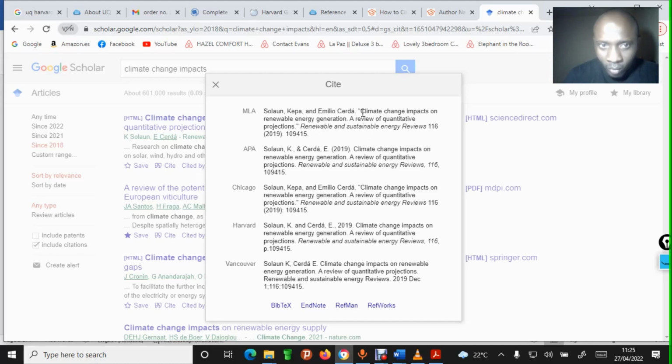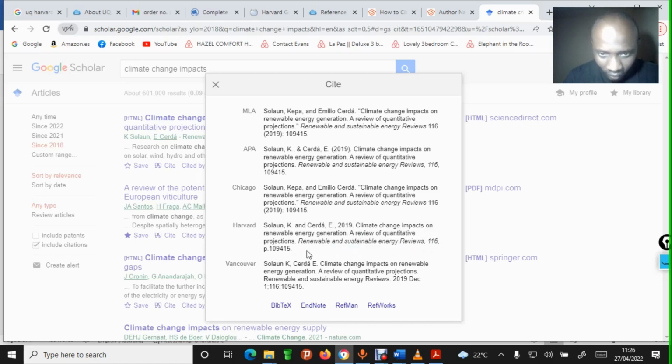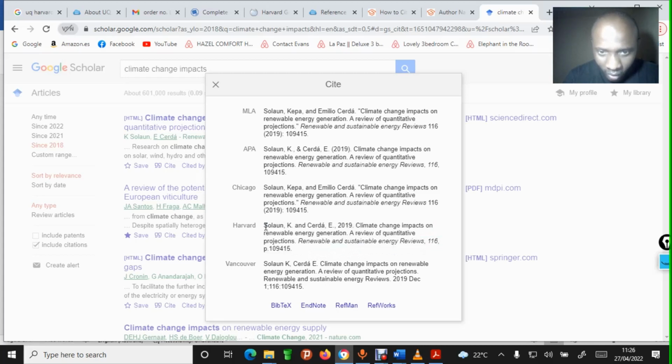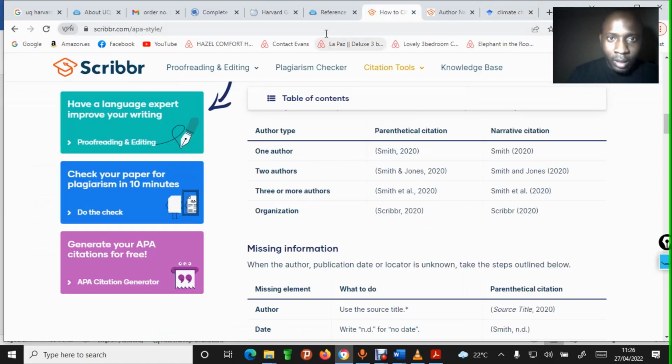What I will do, because I want it in Harvard, you can see the Harvard that is here isn't the Harvard that we are using. So this is a wrong Harvard. So you don't even have to go with this one the way it is. What I usually do, I usually come here to climate change impacts, I copy the title of this one, a review of qualitative projections, and I paste that title, and I come to Scribe, and I go to